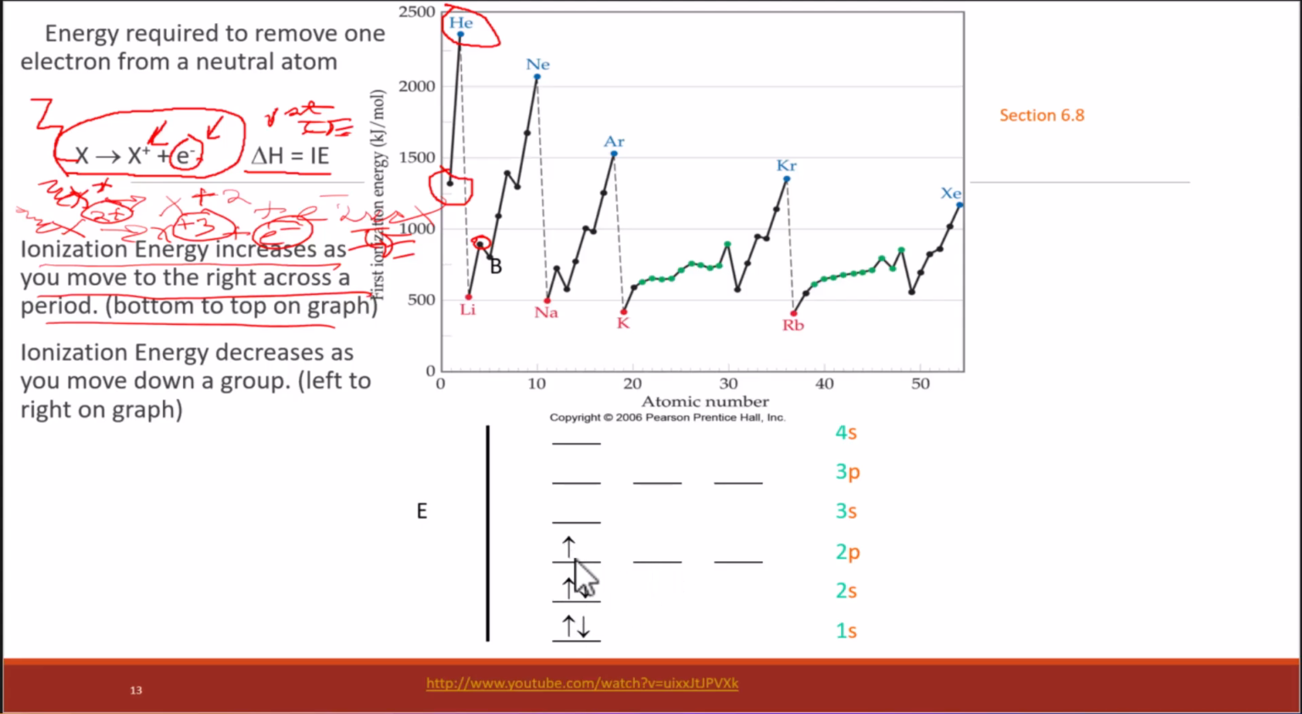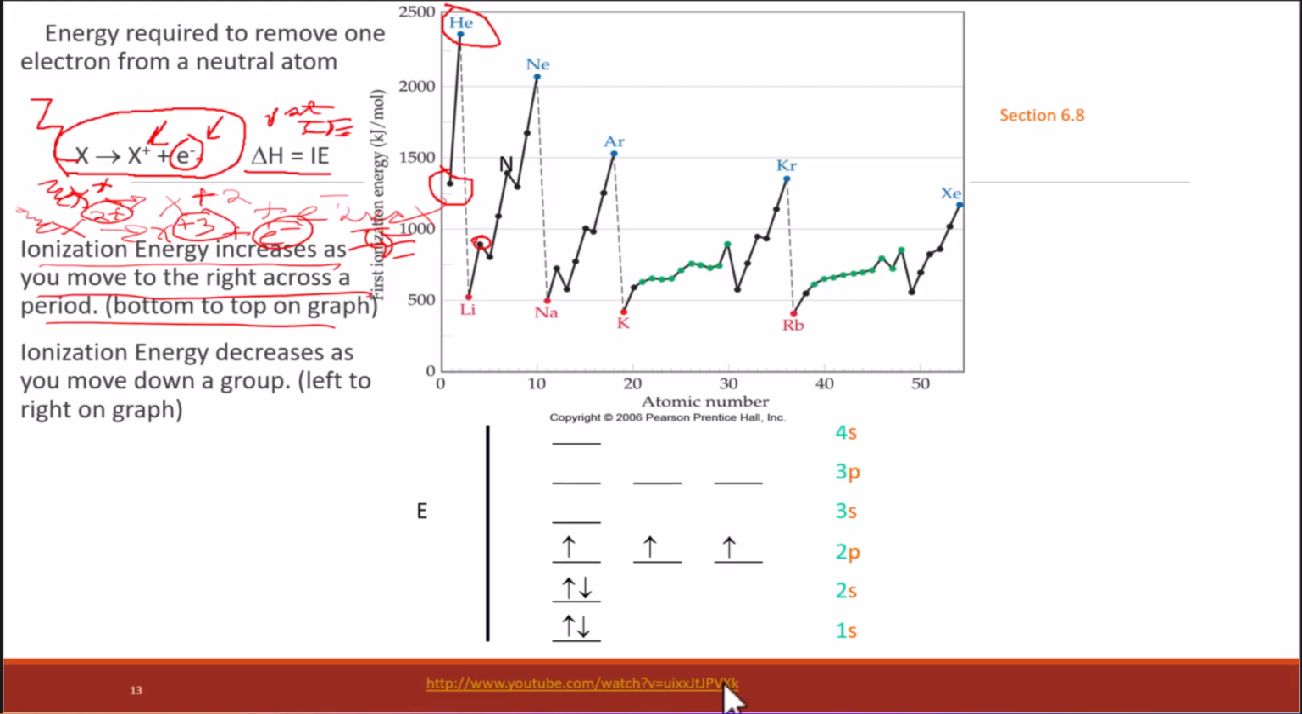Remember, 2s and 2p: the 2p is at a slightly higher energy level because of electron-electron repulsion. And so it's a little easier to remove the valence electron from that 2p subshell because of its electron configuration. And then we jump around from boron to carbon, and carbon has 6 protons in the nucleus pulling on its 2p electrons a little bit harder, and then we reach another level of stability, which